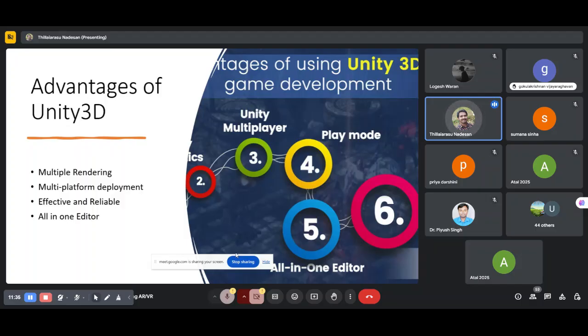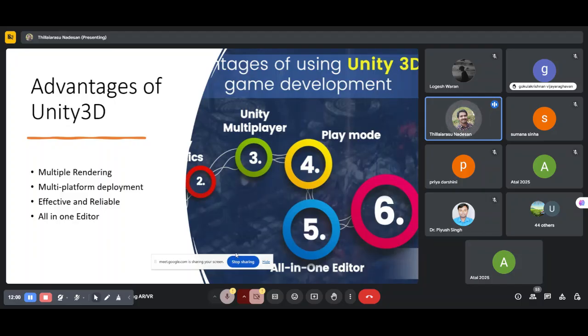So with that, you can easily do multiple rendering and multiple platform development. It supports multiple platform development. The libraries and the assets are readily available. They help us improve the game in less time, which also increases the speed. Users can interact with the different models using adaptive interfaces that provide great flexibility, and the tools are effective and more reliable.